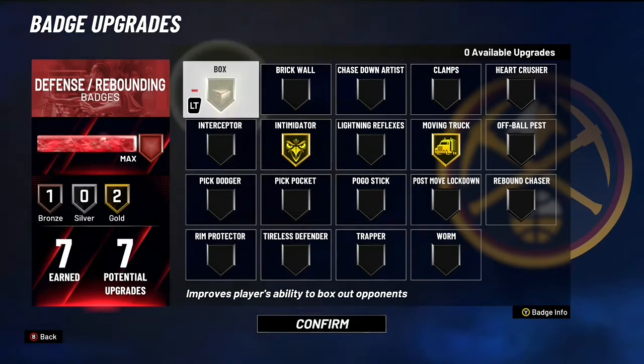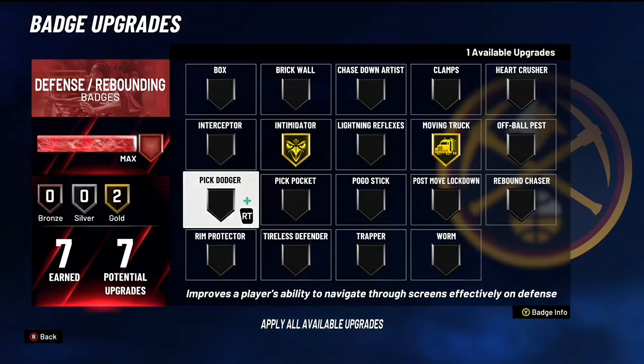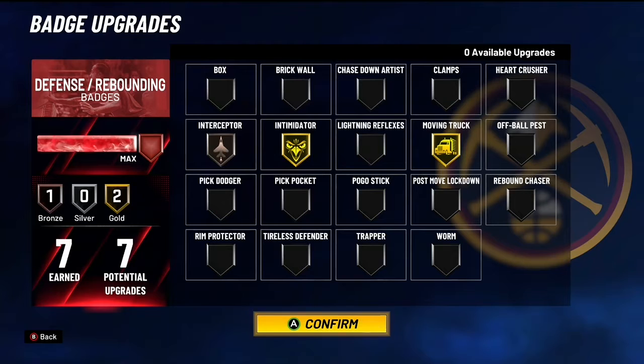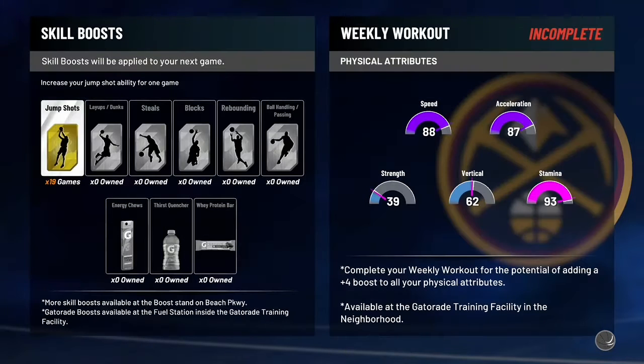So yeah, Pickpocket, Interceptor is mainly what you're going to need. So now let's get into some gameplays. Before we get into our gameplays, I forgot to mention that you need skill boosts this year. You need a whole bunch of skill boosts because you are never going to get any shots without skill boosts. Skill boosts are so important,